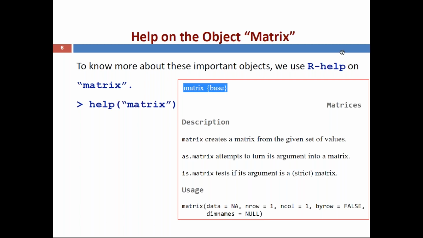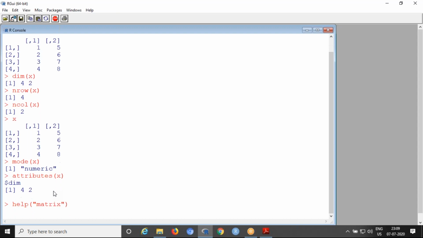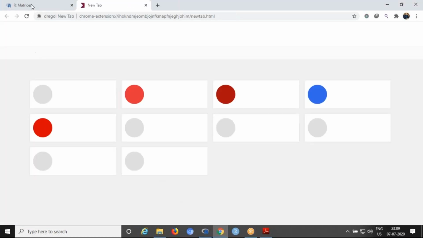So what we covered is how to create a matrix. The syntax is presented here. If you want to see more about the topic matrix, you can use the command help. We will also try this one using this command. Simply type help within brackets with double quotes matrix. Then simply enter. Then it redirects to the HTML page where the direct help is available.